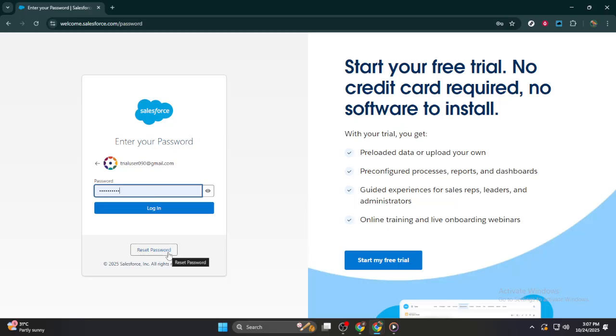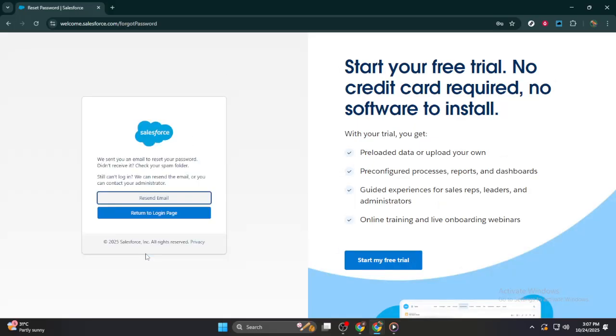After clicking, you will get to the page where there is a prompt to reset your password. You'll find a button labeled Reset Password. Click on it, and this will initiate the password reset process. Salesforce then sends you an email to the address associated with your account, which contains a link to reset your